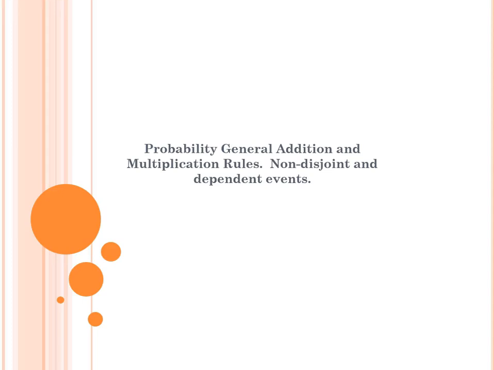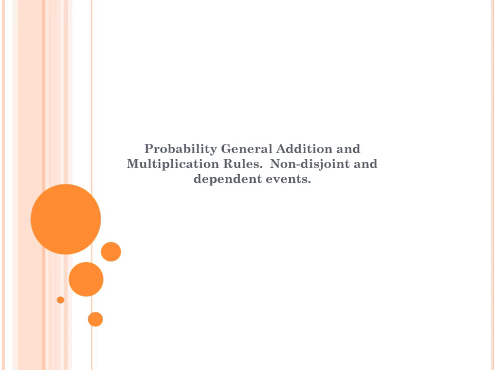So now that you guys have seen a few problems dealing with these probability rules of addition and multiplication, we can make the problems a little bit more complicated. The addition and the multiplication rule that you've just seen deal with really specific cases of just disjoint events or independent events, and those are actually pretty rare. So now we're going to make the rules a little bit more general so we can deal with non-disjoint cases